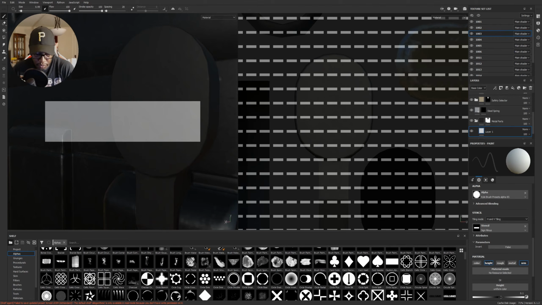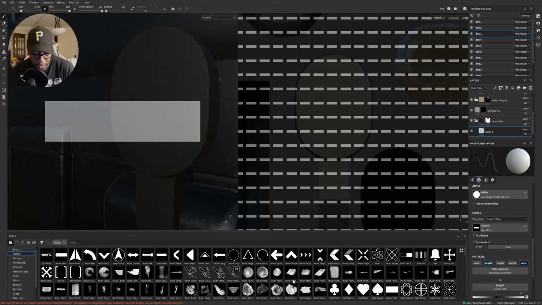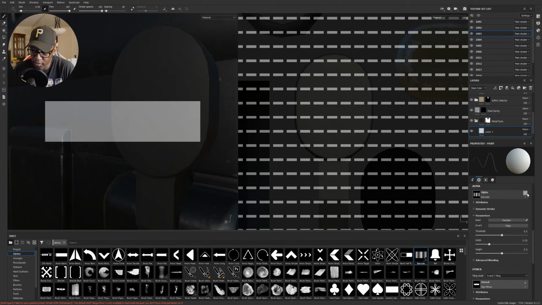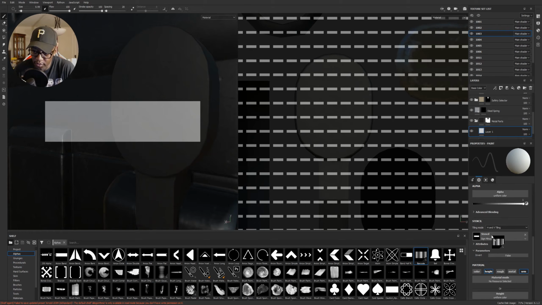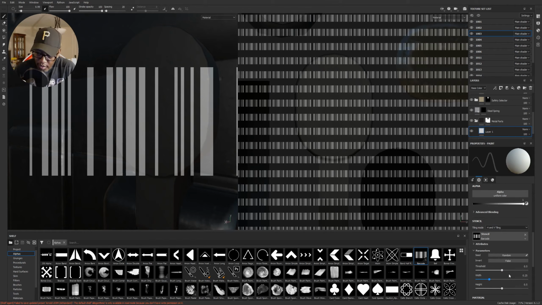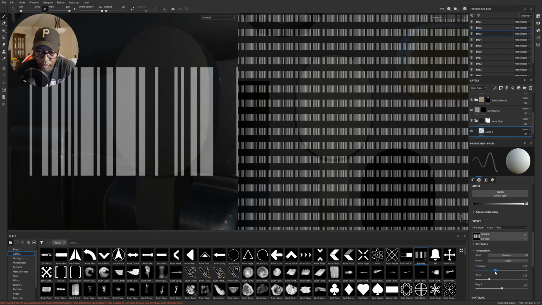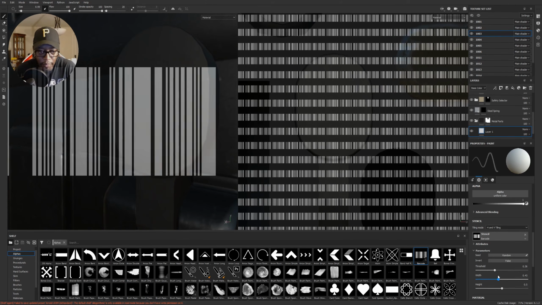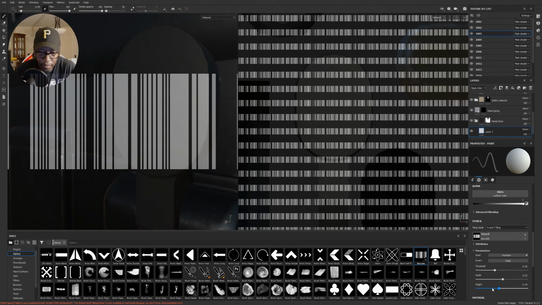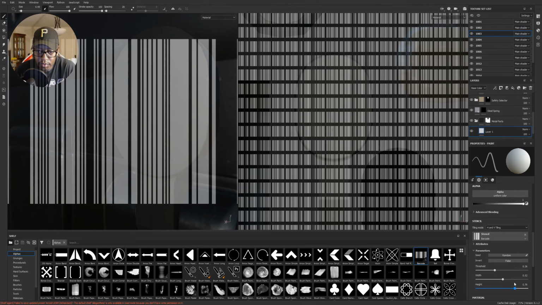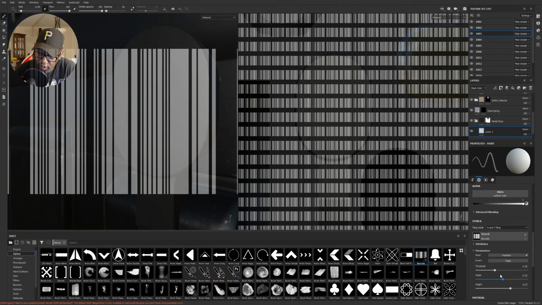I'm sure you Substance gurus out there are yelling right now, do it like this. I know. Could use a barcode. Wait, you know what? Let's see. No, I don't want it in an alpha. I want it in the stencil. And can I even them out is the question. Yeah, so it's just kind of random. Would be nice if I could even them out. But doesn't look like I can, so